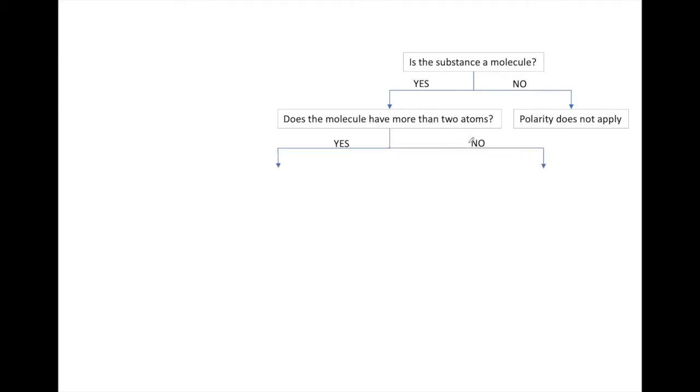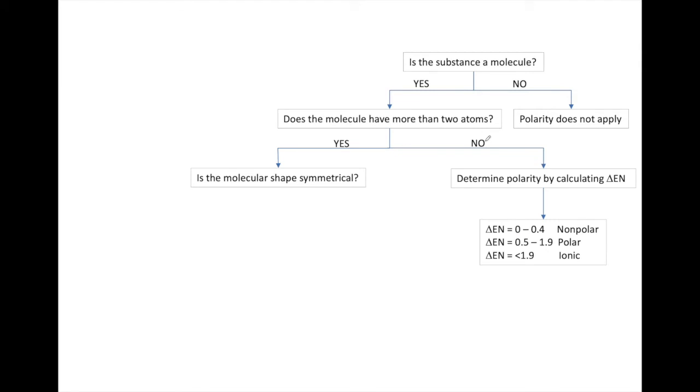And the answer, yes or no. If the answer is no, the molecule does not have more than 2 atoms. It has only 2 atoms, so something like Cl2, HF, HI. We determine the polarity by calculating the difference in electronegativity. If the difference in electronegativity is 0 to 0.4, nonpolar; 0.5 to 1.9, it's polar; and greater than that, it's